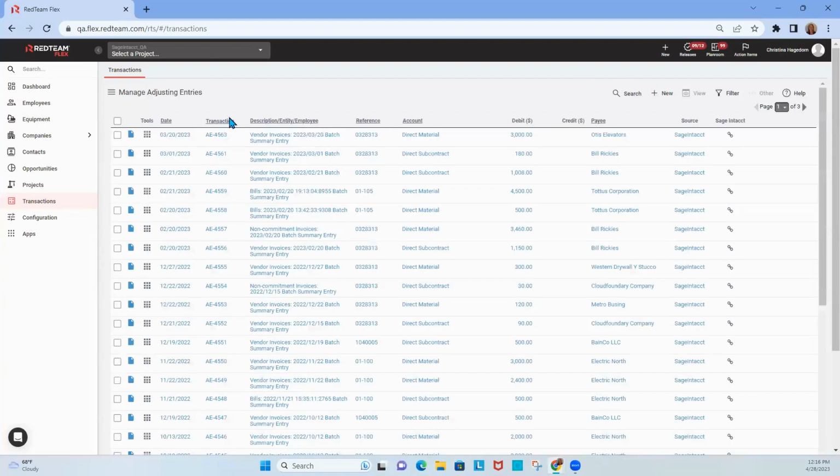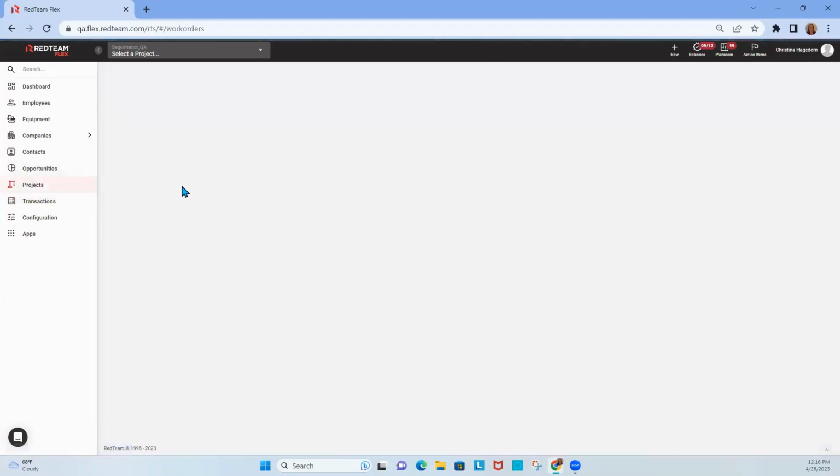And you will be able to see your adjusting entries that have moved over, whether they are payroll items, employee expenses, those sorts of items. Those types of invoices will move over those expenses. And you can see that the source was your Sage Intacct, and they've been linked. They've moved over from your Sage Intacct, which also brings me back to, if you go back into that project that is linked,